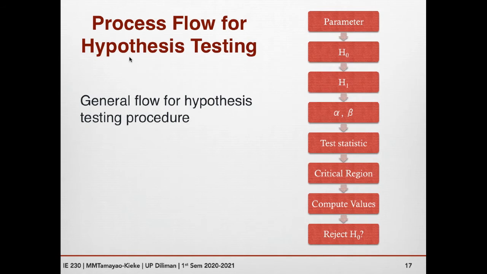Now, the process that we discussed last time is still applicable here because essentially we're still going to be testing hypotheses. Remember, we have to know what parameter we're interested in. We have to state our H naught and H1, our null and alternative hypotheses, identify our acceptable alpha and beta, determine the suitable test statistic to use, and then determine the critical region, compute the corresponding values, and determine whether to reject the null hypothesis. Again, I'd like to emphasize you can use the previous tools, for example the t-test in this case. However,